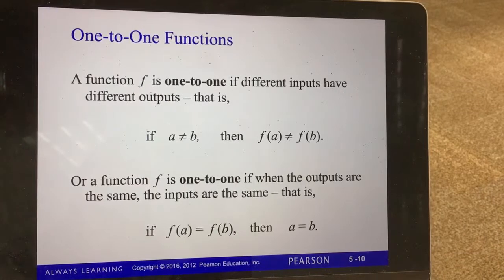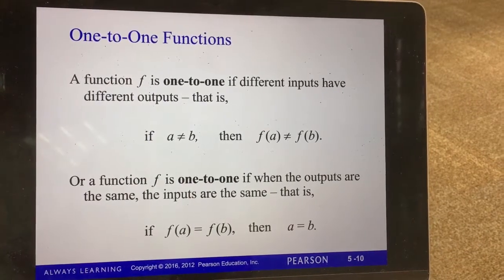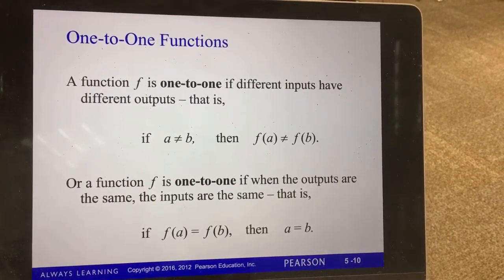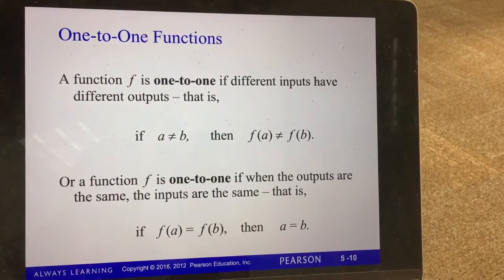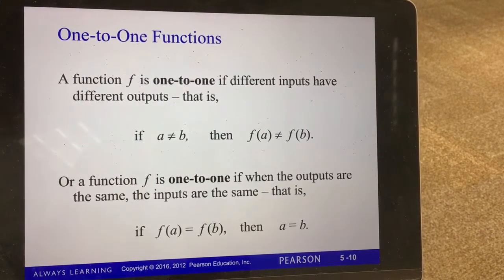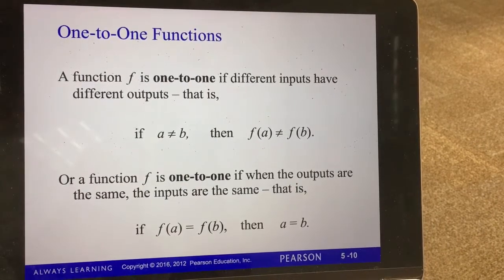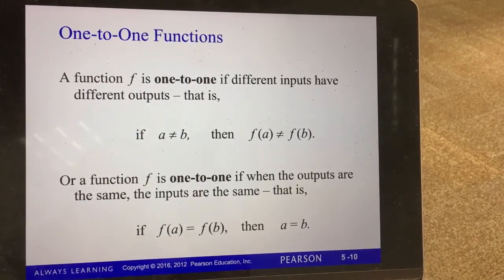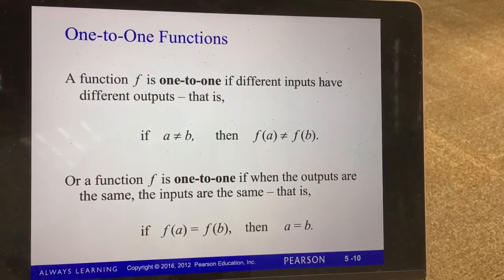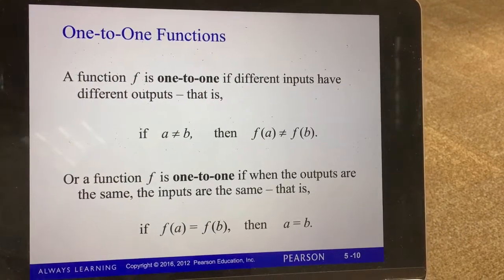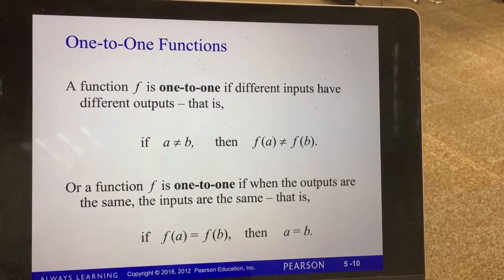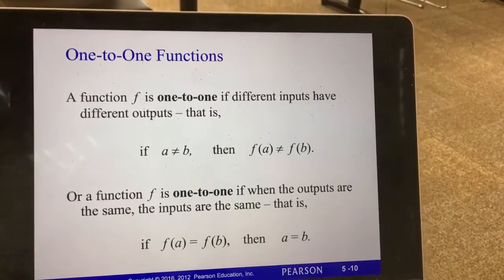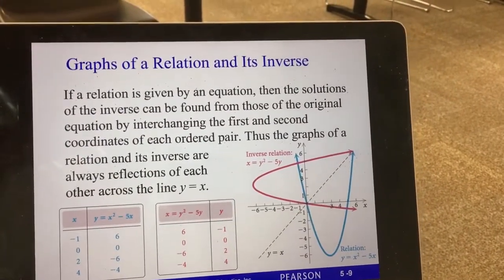That is, if a does not equal b, then the function at a cannot equal the function at b, or a function f is 1 to 1 if when the outputs are the same, the inputs are the same. That is, if the function of a is equal to function of b, then that means that a must be equal to b. So what we're going to do is take this definition and use it to prove. Okay, so now in this one, they gave us